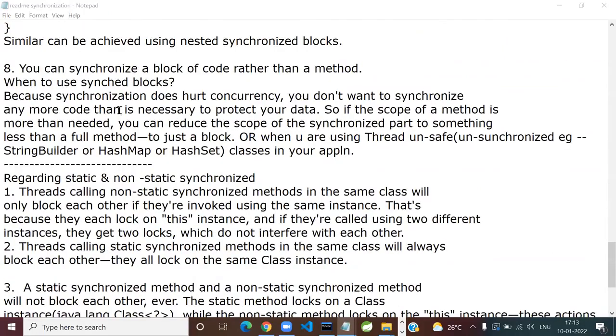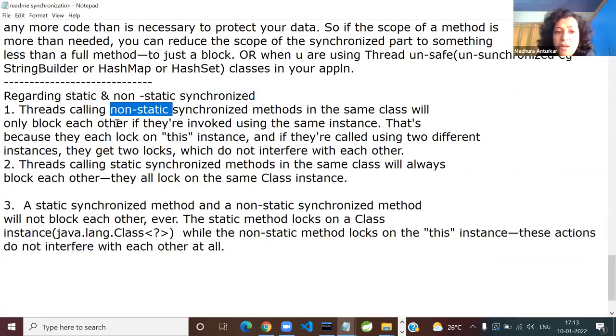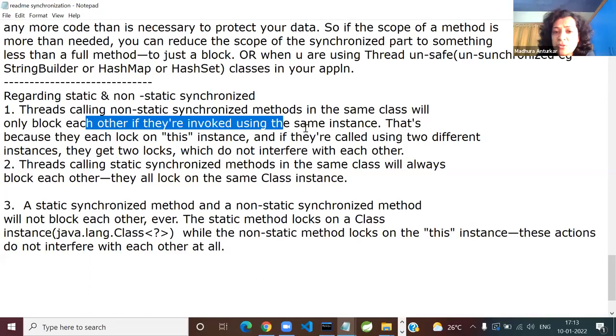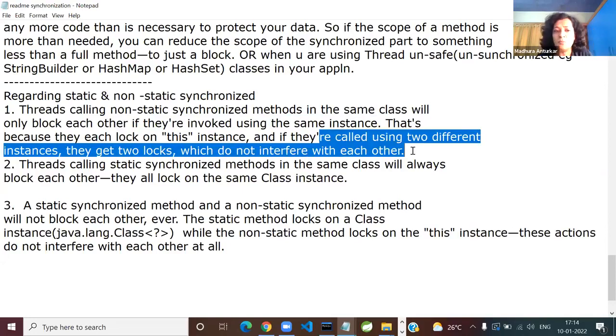Threads calling non-static, meaning instance synchronized methods in the same class, will only block each other if they are using the same instance, the same shared resource. If you are operating on your account, and I am operating on my account, there's no collision, because the lock is associated with the instance and they are called using two different instances. So no problem. This you already know.